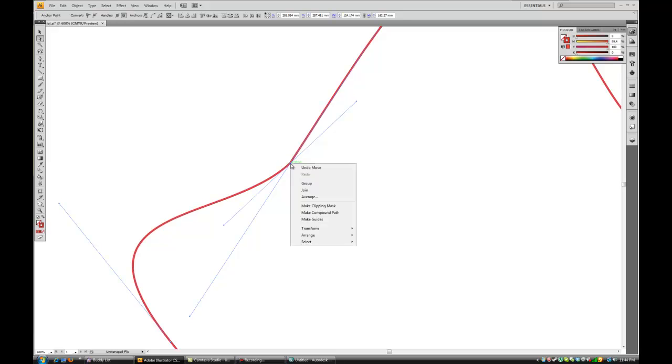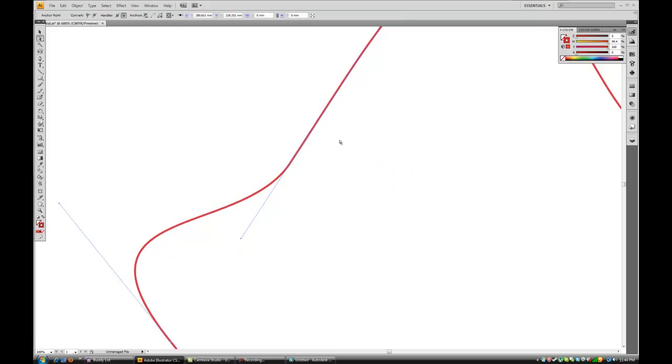If you right click on it and select join, it's going to come up with a join dialog option box, whether or not you want it to be a corner or smooth. What this means is that the resulting anchor is either going to be a kink or it's going to be tangential. So smooth means it's going to smooth through. We select OK. These two lines are now one,